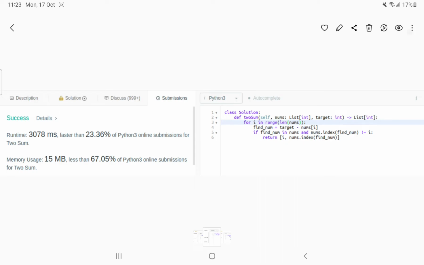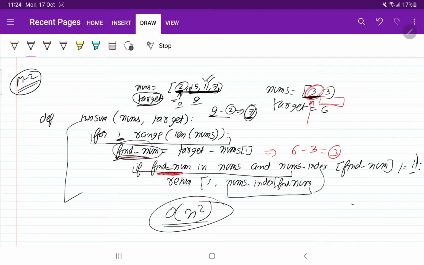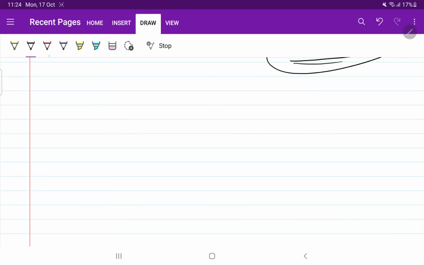It means time is reduced a little bit, but we need to reduce it more, because we are still traversing the array two times. Once we are traversing the array here, and once for searching the element. So both solutions are order of n square, but if you want to improve it further, let us discuss the other approach. The other approach that we are going to use is the hashing or hash map approach. This is the third approach.